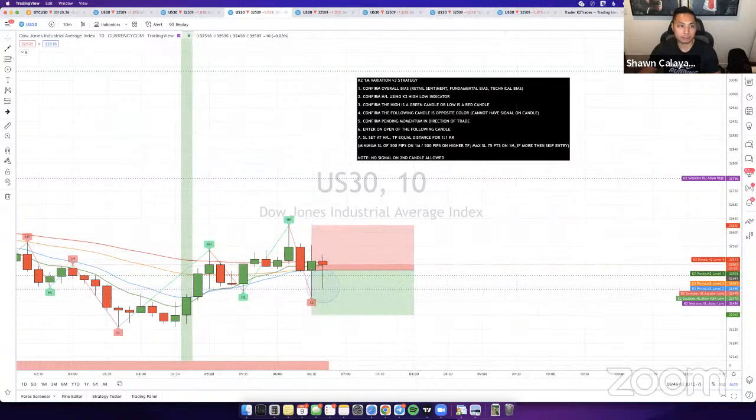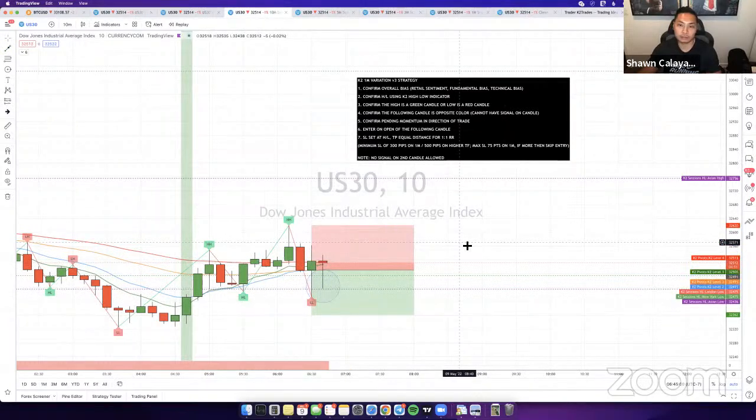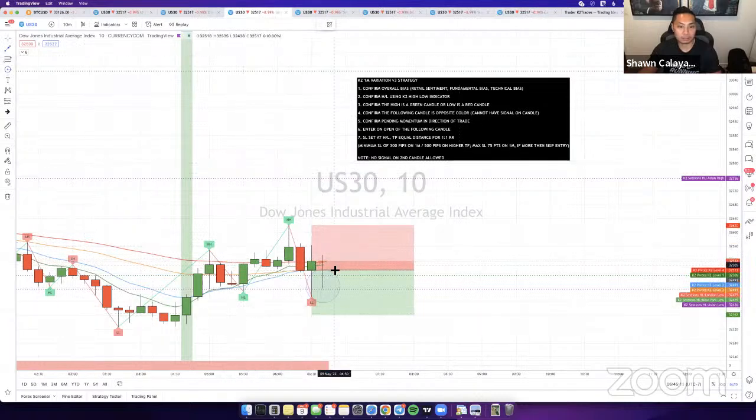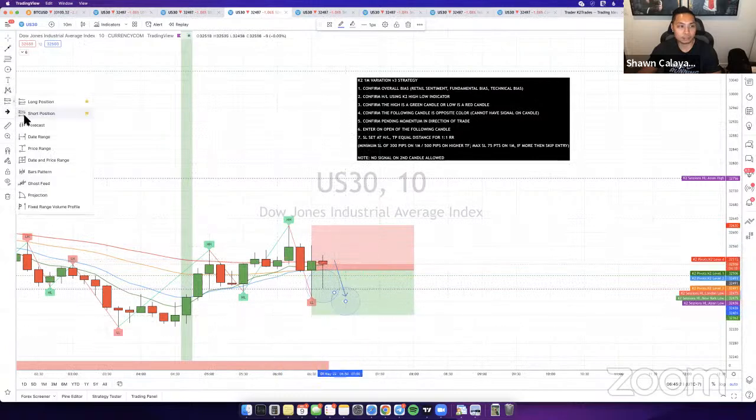This doesn't necessarily mean that price will not come down and hit TP. The only thing that I'm trying to indicate here is that this is not a good time to enter the trade. If price ends up closing below here, so say if price comes back below here and closes below the purple line, right? Then at this point, maybe I will enter the sell and I'll catch the last little push right here.